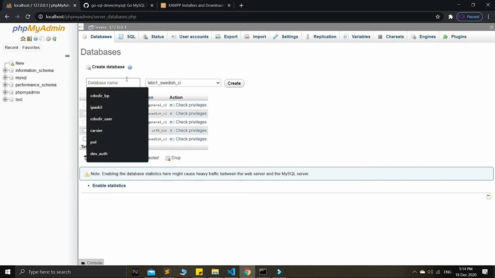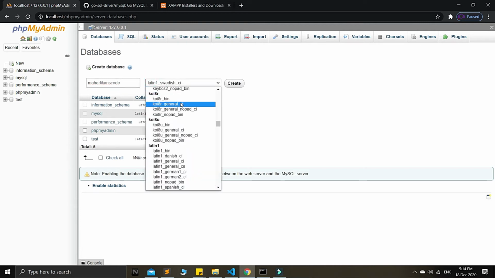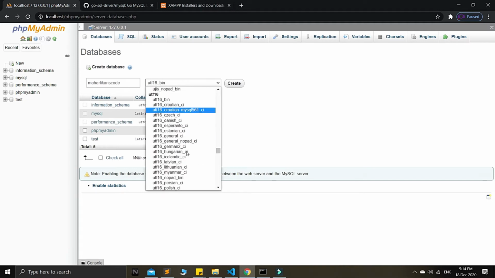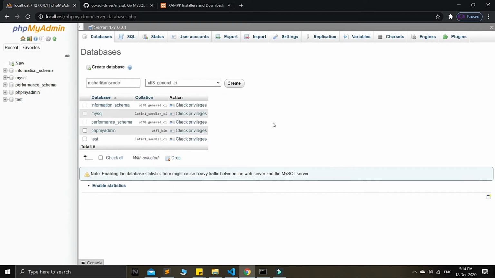Shall we say we will create Maharlikans code. Okay, this is our database name. Ensure that you use the collation here, guys, which is UTF general CI. We will choose this because